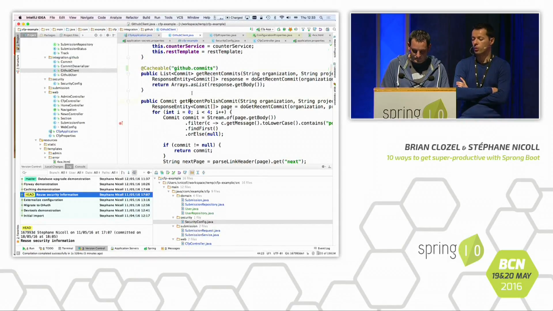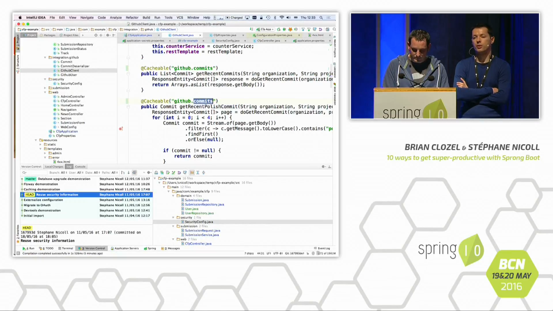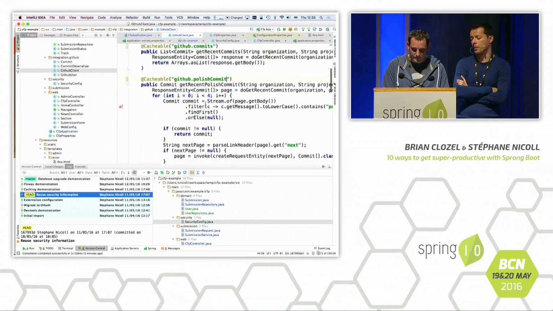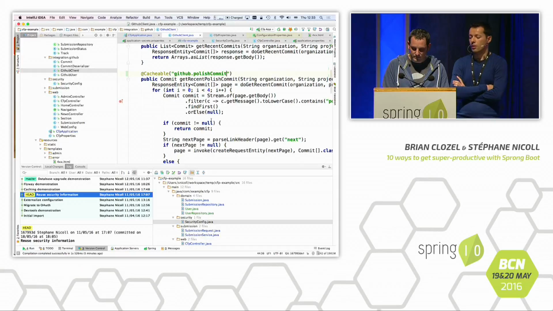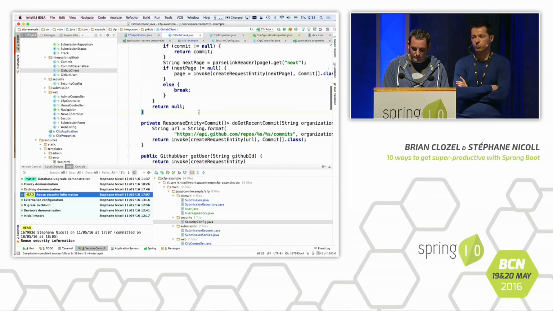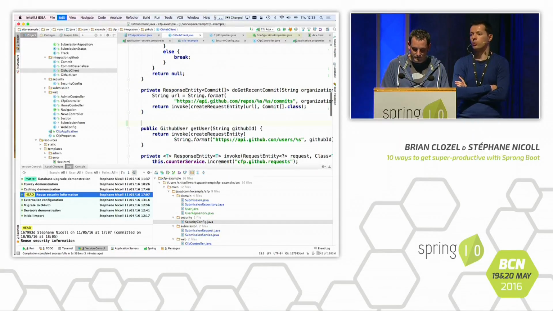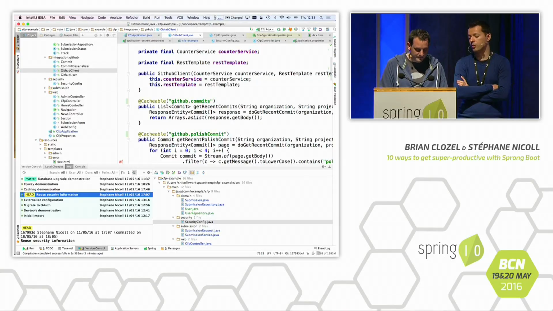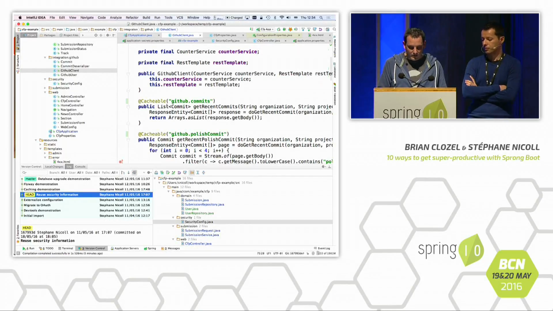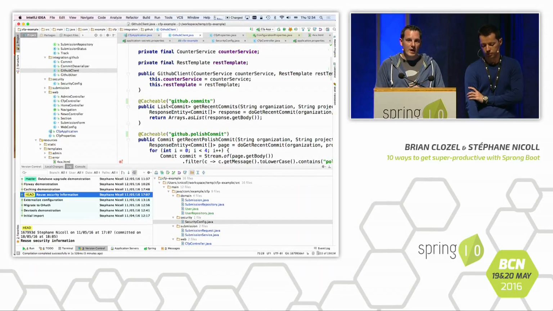So we have one method getting the most recent commits for a specific project. And in another case, we're browsing the list of all commits until we find the first commit saying publish in the commit message. And of course, we've got the user endpoint, because every time someone is logging in, we're fetching the user information. So if we restart the app now, what's going to happen is you'll get a basic